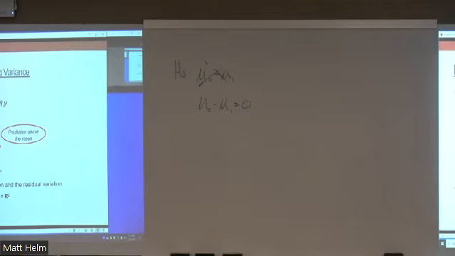Last thing here for bivariate regression, where I just have one predictor, my R squared is equal to my Pearson coefficient squared, right? Because I just have one predictor. If I take my Pearson correlation and square it, that value is going to be identical to the R squared I get with a bivariate regression. They're just doing the same thing.